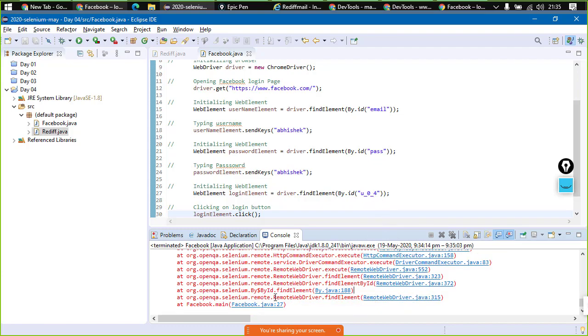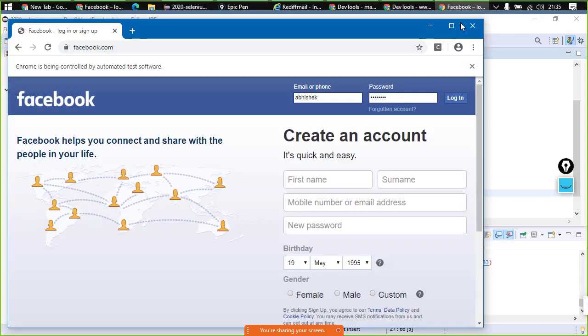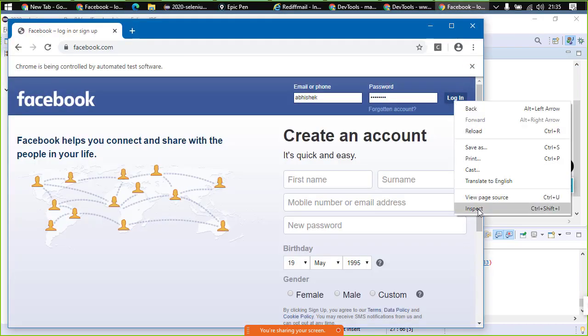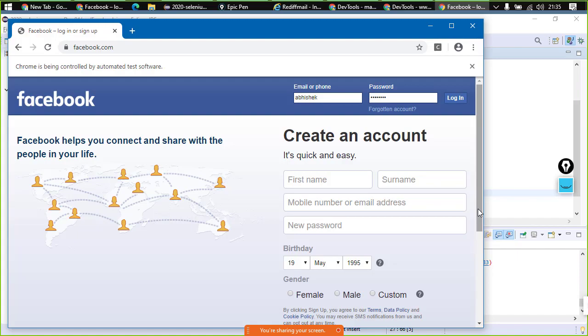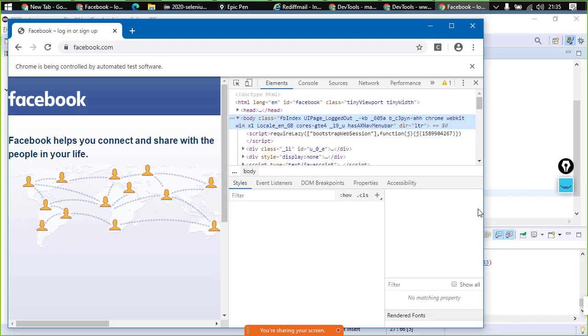Now where has this exception occurred? Facebook.java line number 27. It is not able to find this element with the ID u_0_4, right? So right click here, inspect it. You guys may notice something. There may be a little bit of change, right?